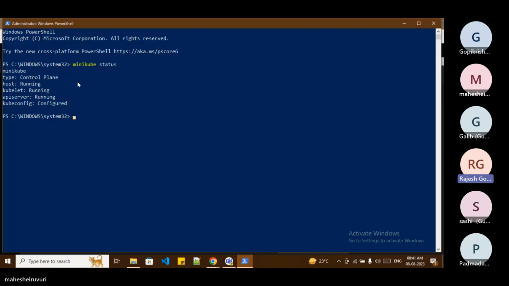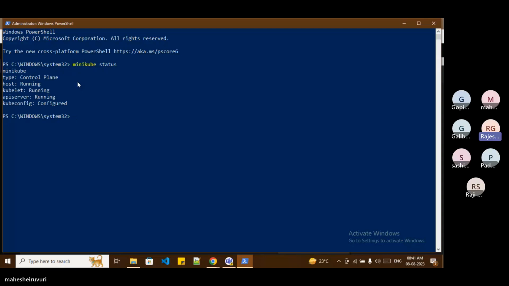Perfect. See guys, this is the information Minikube displays. Type control plane, host running, kubelet running, API server running, kubeconfig also configured. So the lab is running fine. My suggestion is you can create a separate directory for creating the manifest file, not in the Windows System32. So go to